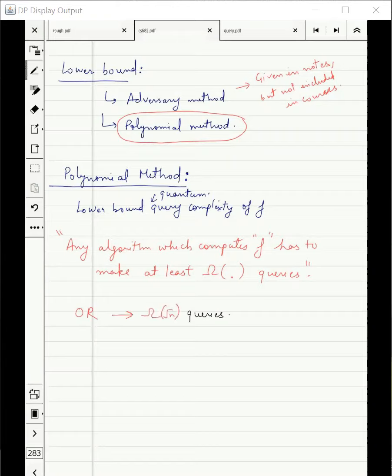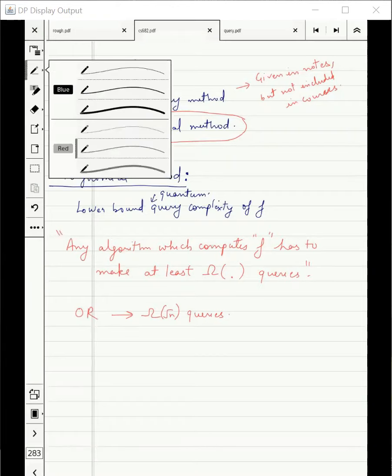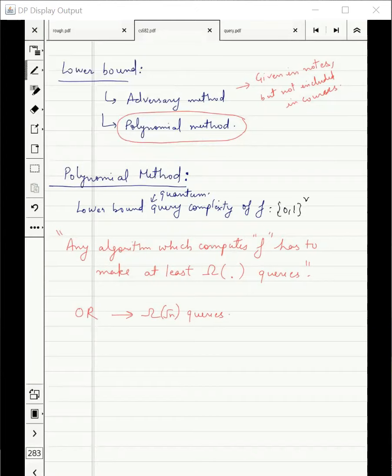I want to give similar statements for different functions. I will always have a function at the back of my mind. Remember, when I say function, it's a Boolean function. And then I want to say that whatever algorithm you use on a quantum computer, it will take at least these many queries, and hence at least this much time. That's the idea. How do I prove such a statement? Let me write the main idea. The idea of the proof I will give depending on if I have time left in the end. Otherwise, you can find it in the notes.